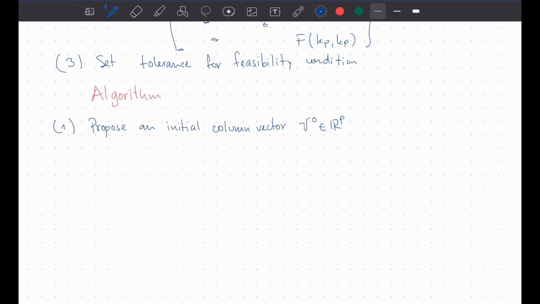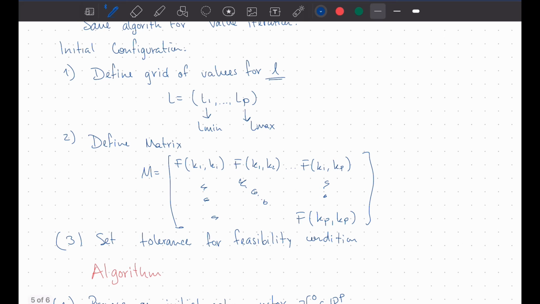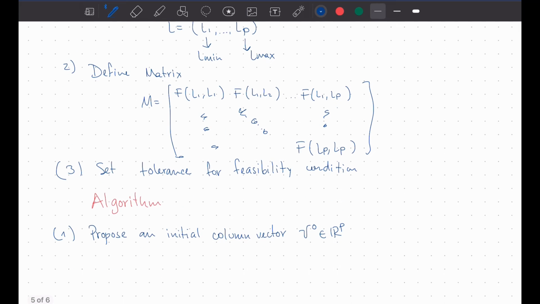Because we are defining, sorry, these are L's, L1 L1, L1 L2, L1 LP, and this is LP LP, right? So our elements of a vector field over the RP,